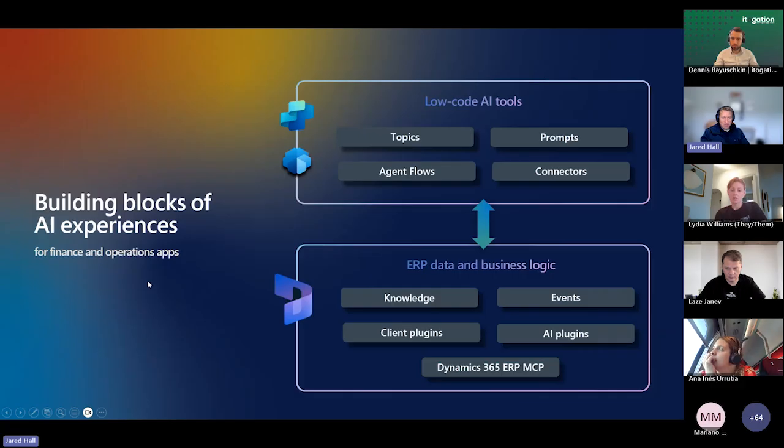As we get into the next level of just thinking through, how do you get started? How do I get started as a user building AI experiences for F&O, for Dynamics 365 ERP? This isn't a comprehensive list, but these are the types of building blocks that you can use when you jump into Copilot Studio to start building on the experiences that we have out of box, and building your own experiences with custom agents as you look at the experiences that you want to build and extend for your